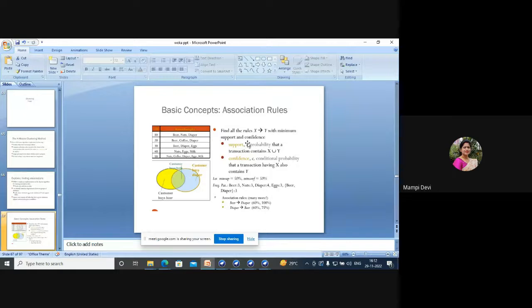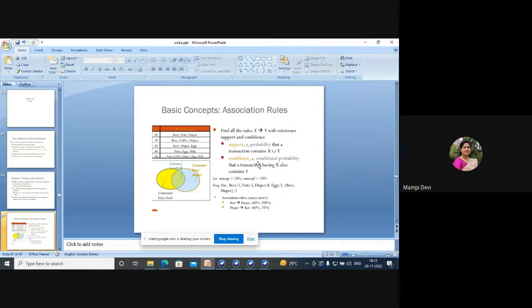From this table, we can know about the pattern. For association mining, we set some rules. Suppose one customer goes to a shop and purchases milk, and always purchases butter with the milk. Then you have some idea that whenever he purchases butter, he purchases milk. That is called association, which things are associated with which. If you want to learn more, you can go to YouTube and learn how association mining works. My main motive is to show how association mining works